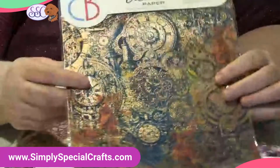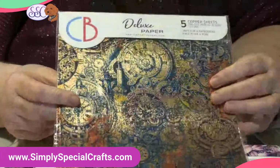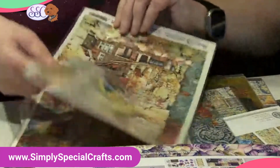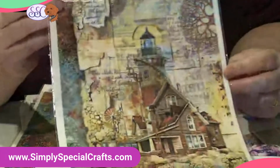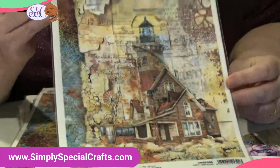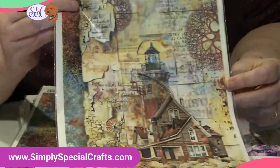But isn't that just beautiful? The Coral Reef collection from Ciao Bella. They call these five copper sheets. It's beautiful. Let's see what else we have. Here's a beautiful rice paper of a lighthouse and a keeper's cottage. This is rice paper. You'll get one sheet. It comes packed in multi-sheet packs, but